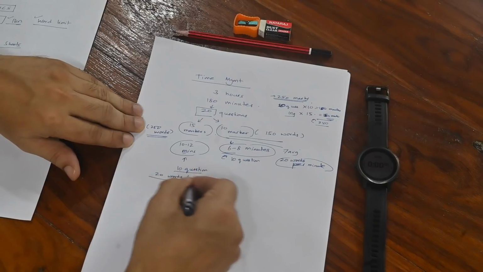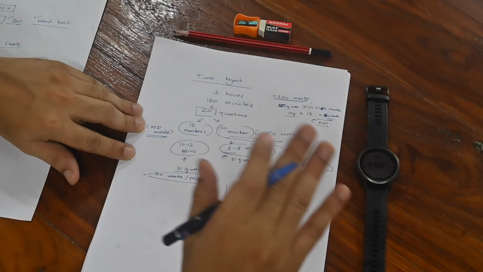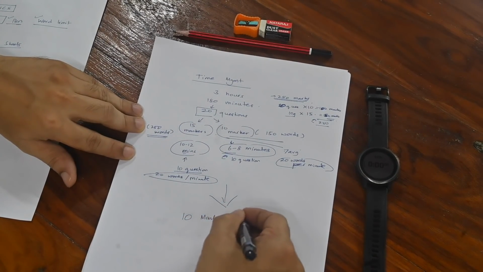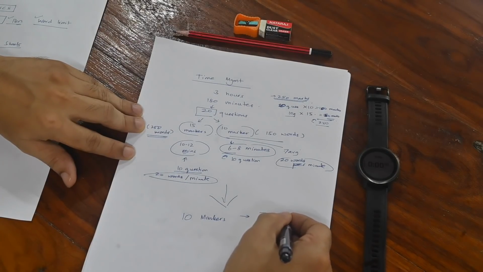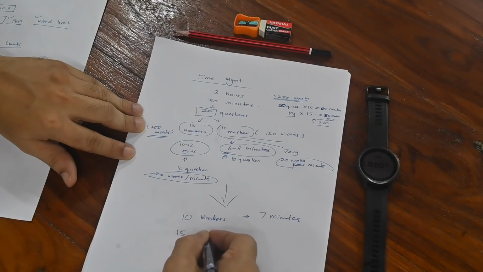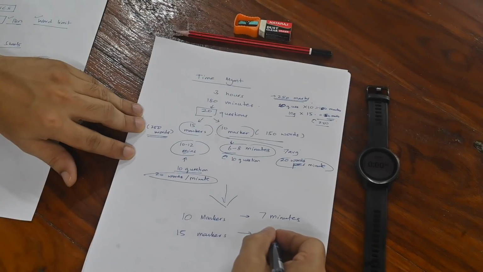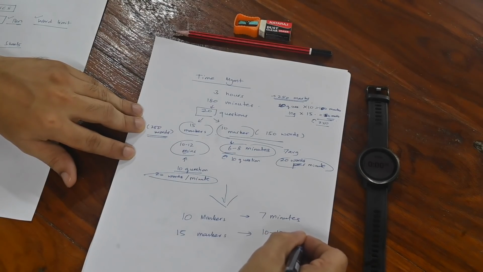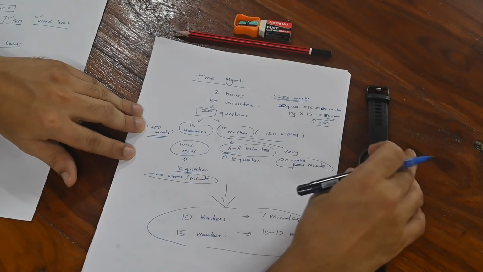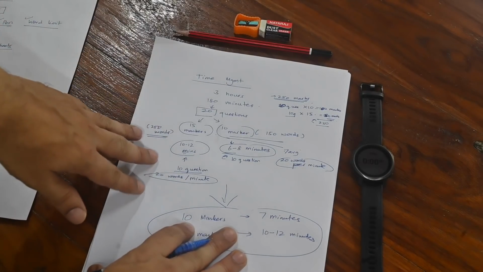So basically the whole time management can be done by thinking this. ऐसा सोचना है आपको. This is what you have to think: 10 markers, I have 7 minutes on average, plus minus 1-2 minutes, sometimes 3 minutes, and 15 markers, I have approximately 10 to 12 minutes. ये सोच के, if you think this and accordingly plan your time, watch, and practice accordingly, then you will be good to go. There will not be any problem at all.